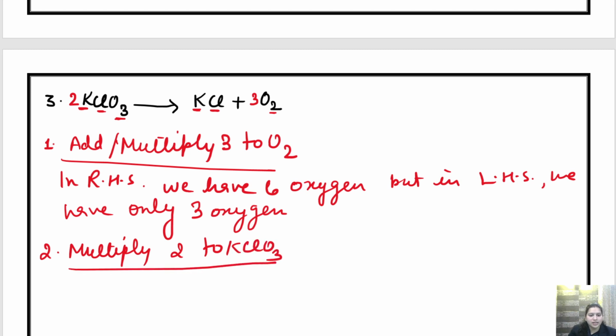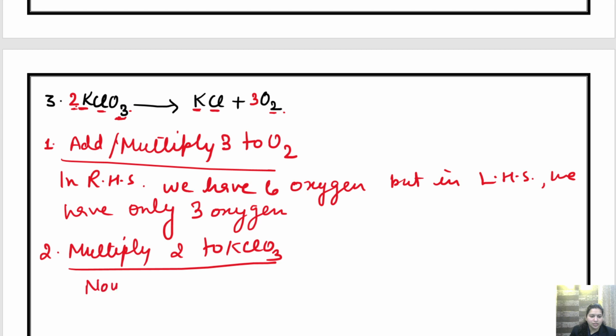So what happened with this? The oxygen is balanced, this is also 6. 3 into 2 is 6 and 3 into 2 is 6. So oxygen is balanced. But what about KCl? Now KCl is not balanced. So for that,